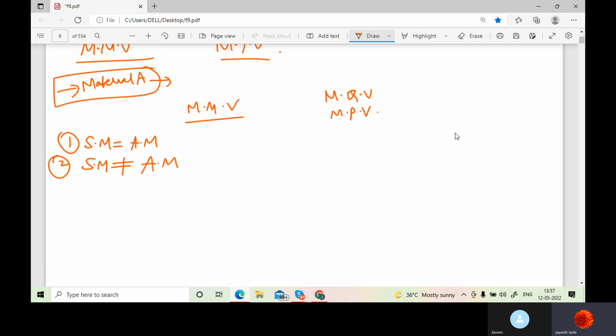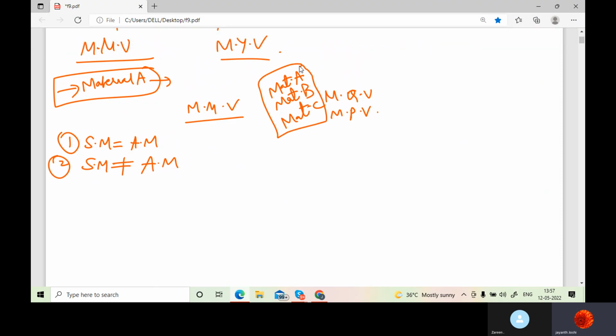That means we'll have material A, material B, or sometimes say material C. So when you have three different types of materials used to make one single product, there is a mix of materials, and there comes the mix variance into picture. Why? Because when you are going to produce something,